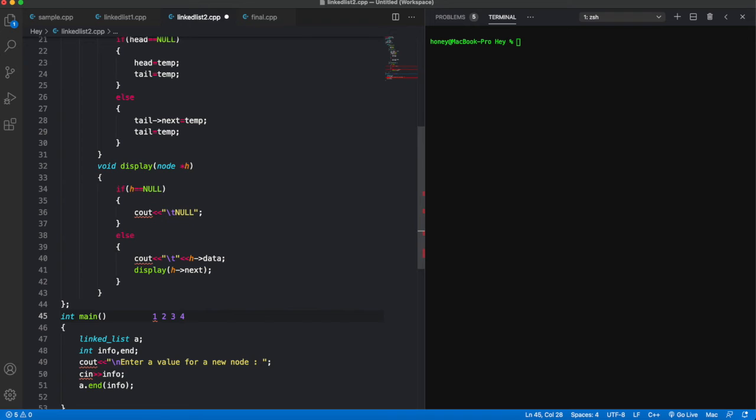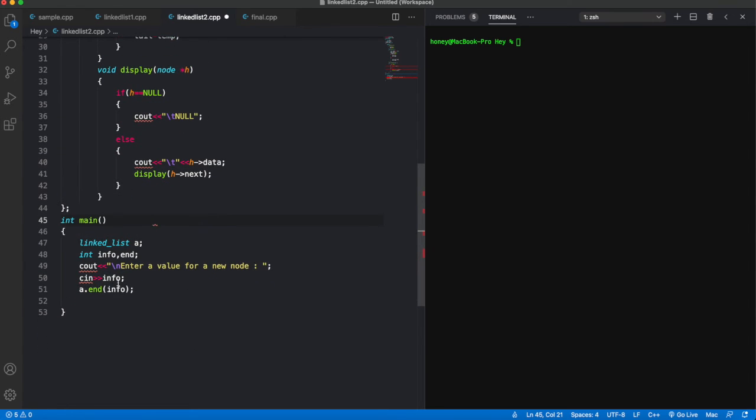Now in case we are passing a value for inserting in the beginning, we passed 1, and then when we pass 2, it will insert before 1. The 2 will be inserted before 1. If we pass 3 again, it will be inserted before 2. So this is what will happen when we insert in the beginning, but when we insert in the end, it will be of the order 1 to 3. So this is kind of like we are creating a node here.